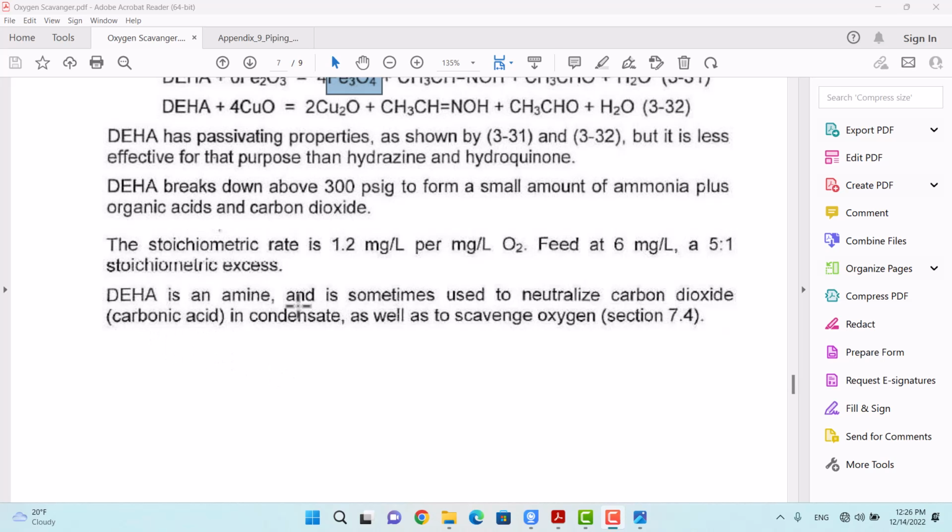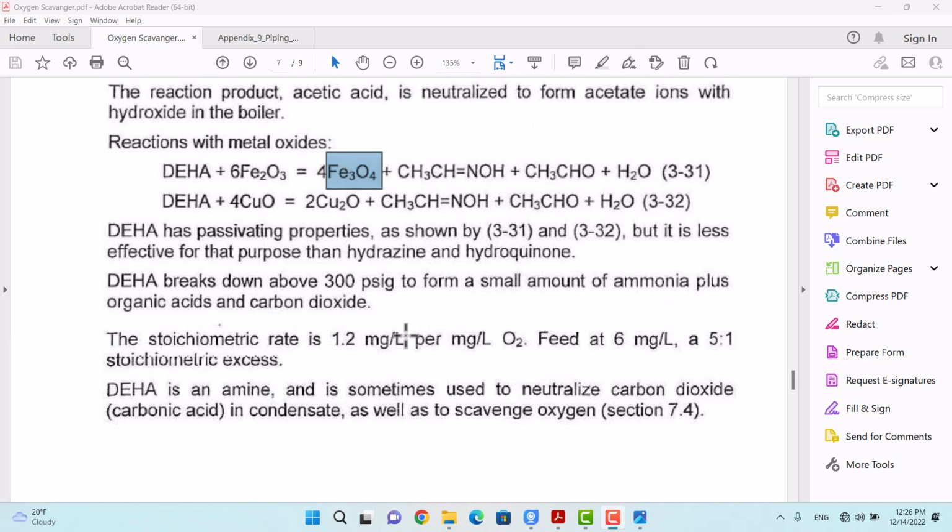There is an amine and is sometimes used to neutralize carbon dioxide in condensate as well as to scavenge oxygen. So DEHA here serves three functions. The first function is scavenging oxygen. The second function is acting as a passivating agent, and the third function is that it sometimes helps other neutralizing amines in order to neutralize carbon dioxide and raise the pH in the